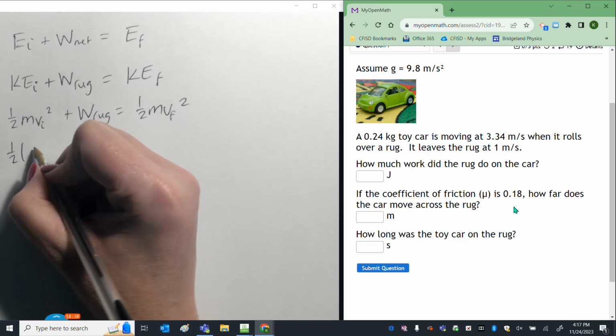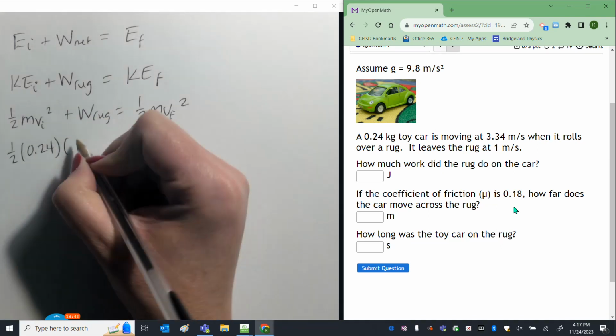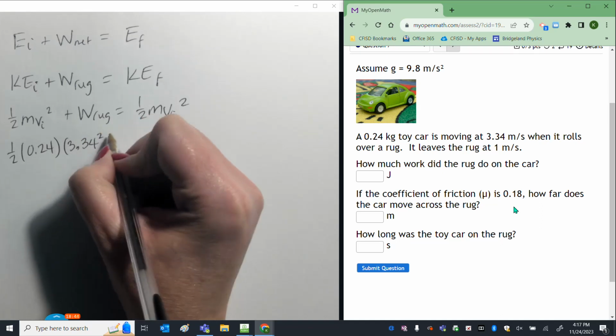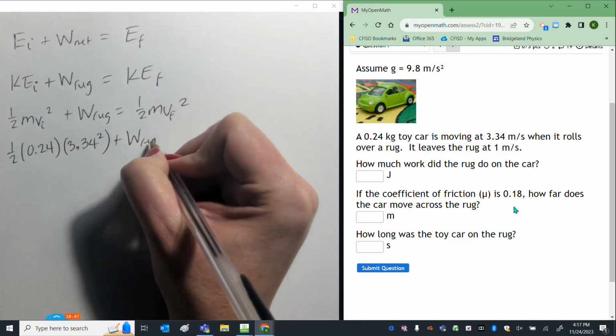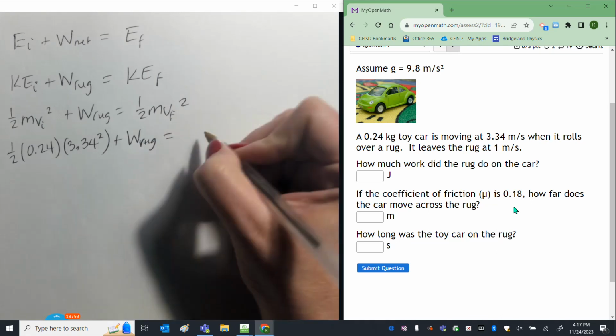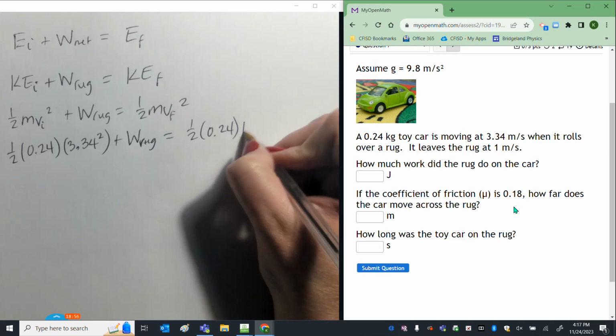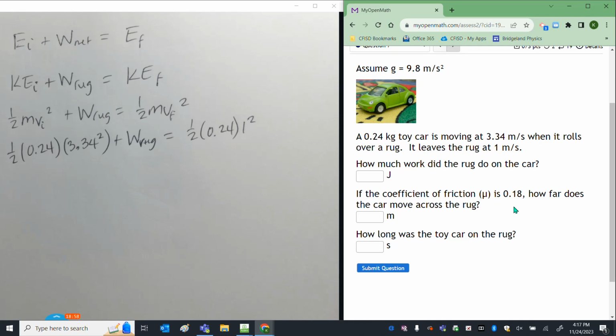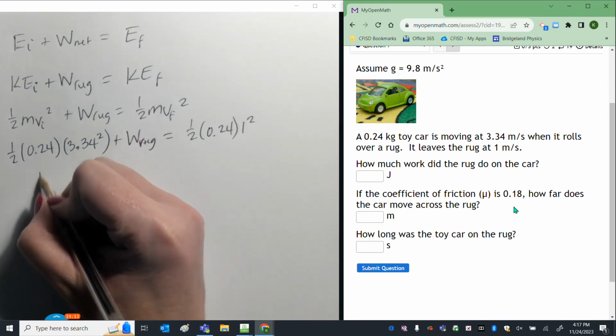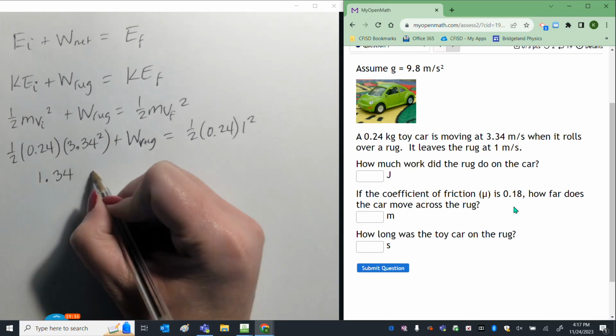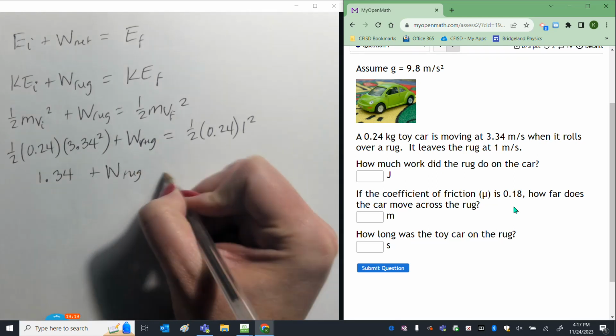1/2, the mass of the car is 0.24. The initial velocity was 3.34. And the final velocity is 1. All right. So this right here is 1.34, I'm rounding it a little bit, plus that work done by the rug equals